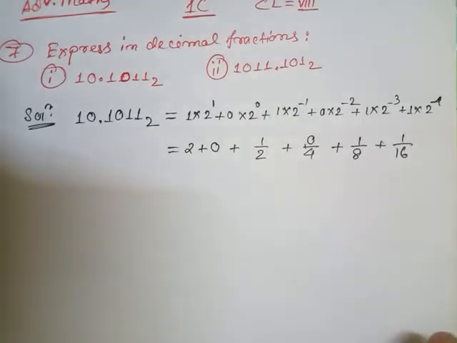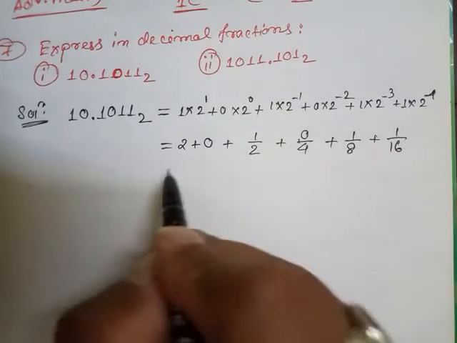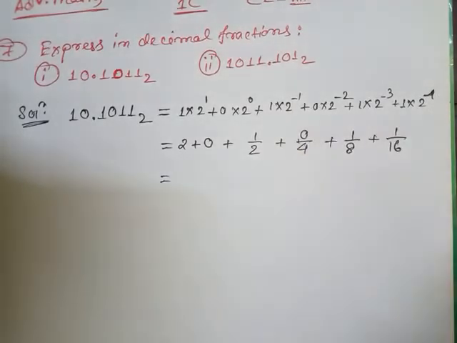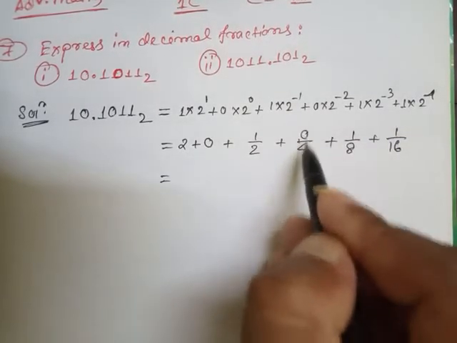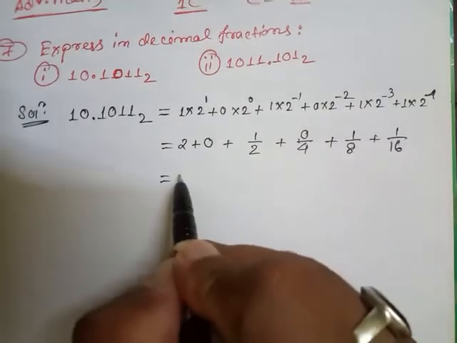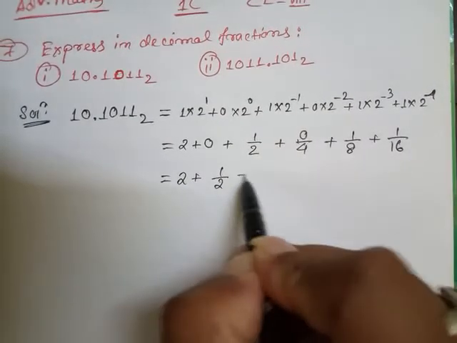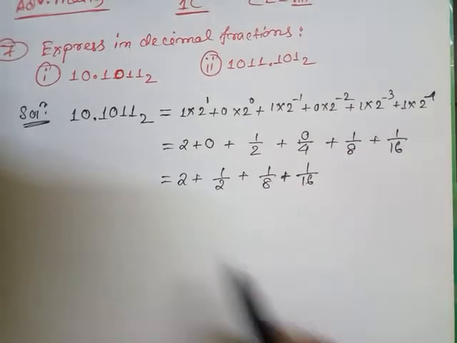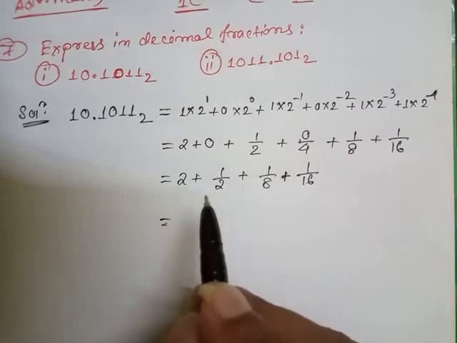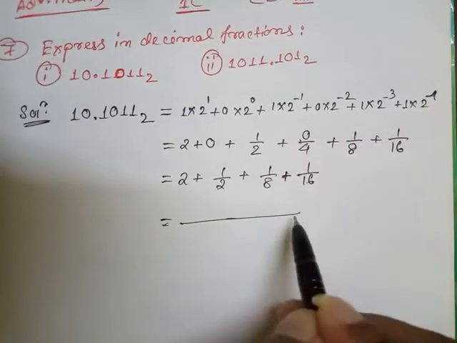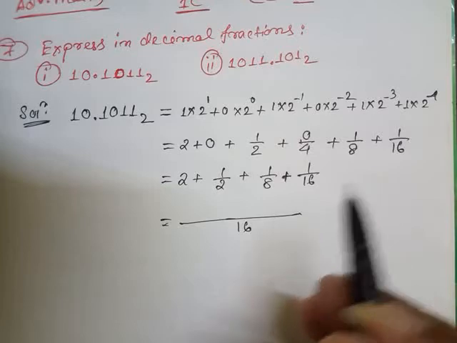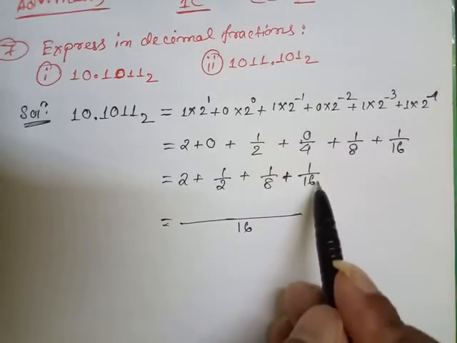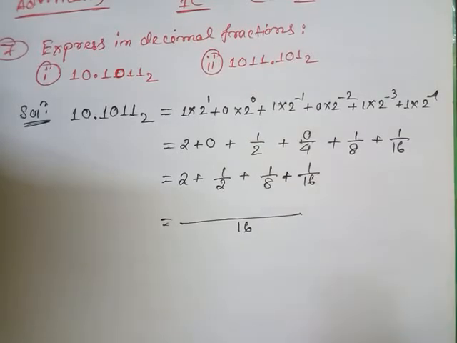Now student, look, just after that, if I want to go for the LCM here, this portion is 0, so it will be removed. I repeat again, this is 0 and this portion 0 by 4 means 0 will be removed. Remaining part 2 plus 1 by 2, then 1 by 8, then 1 by 16. Now after that the LCM would be 16 only. Now look, 16, 8, 2, and that is 1, and all are multiples of 2, so the bigger number is 16, so we will take 16 here.